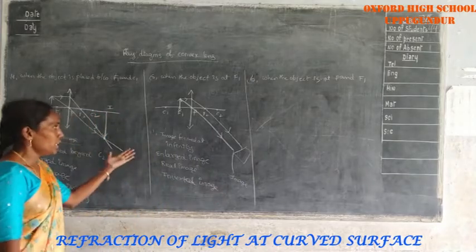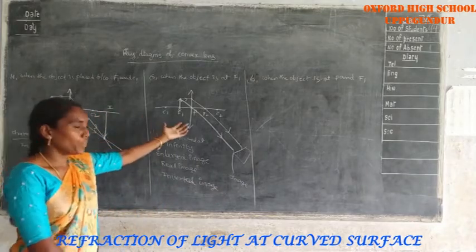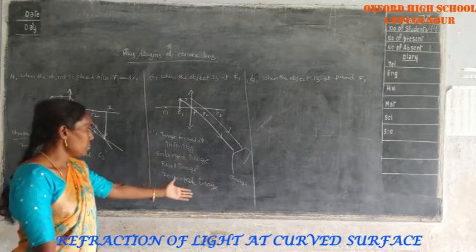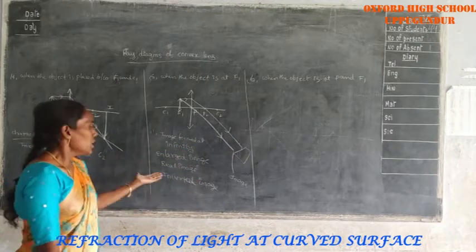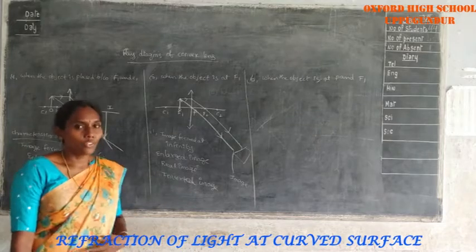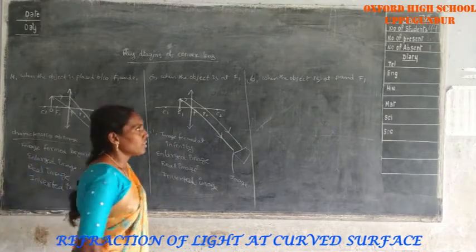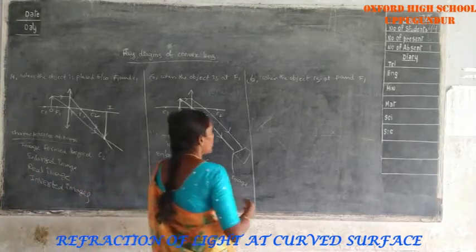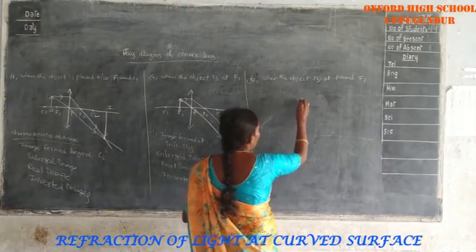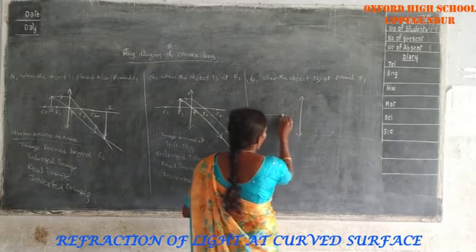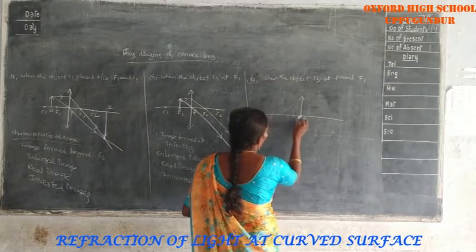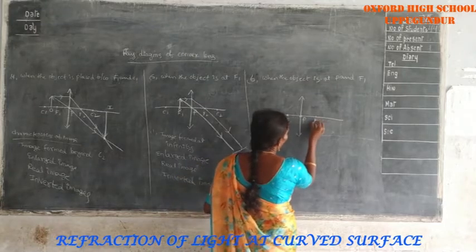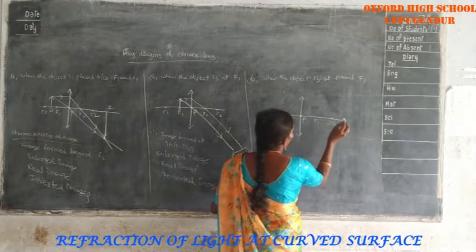Here, if an object is placed at focus, the image should be formed at infinity. It is an enlarged image and it is a real image. All real images are inverted images. See the sixth ray diagram, when the object is at pole and focus. This is for pole, focus, center of curvature. And this is for F2 and this is the center of curvature.